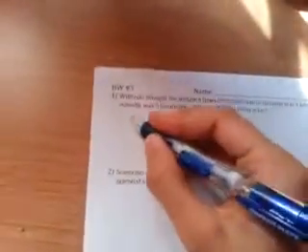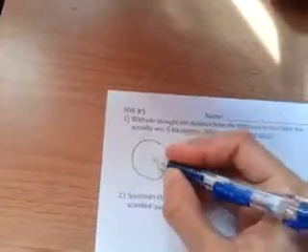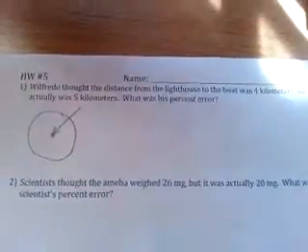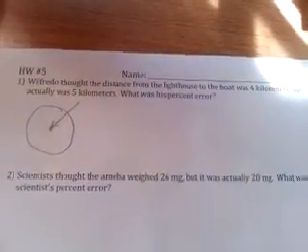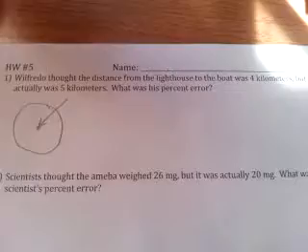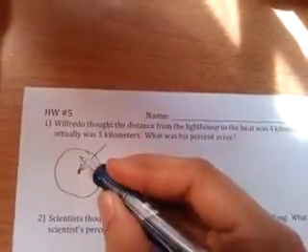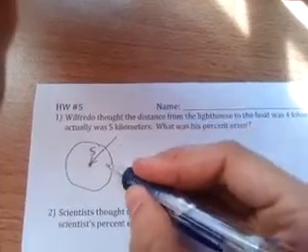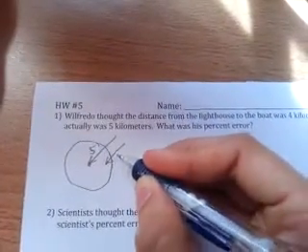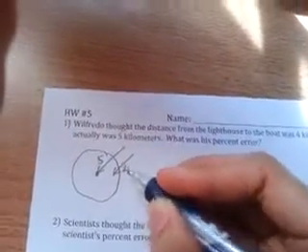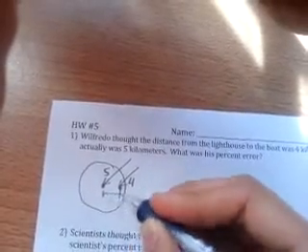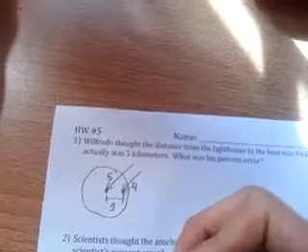So if I use the bullet thing, or the archery analogy, what am I aiming for? Right? When I'm looking at the distance, I want to try to get the real distance. And what is the real distance? It is 5. But what did Wilfredo say it was? He was off. He thought it was 4. So then, what is his error? Right? How far away is his error? It is, again, just 1.